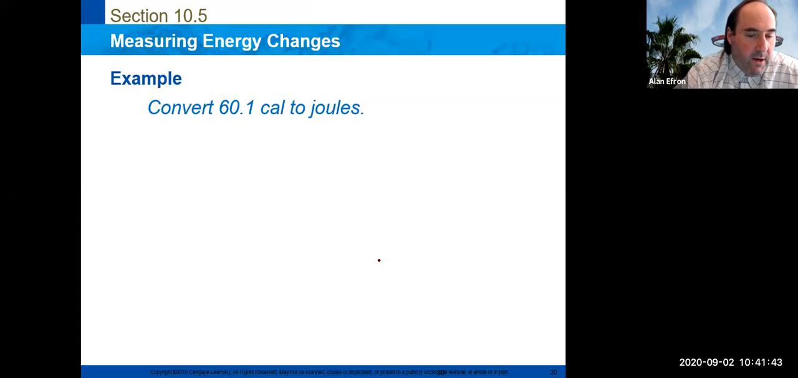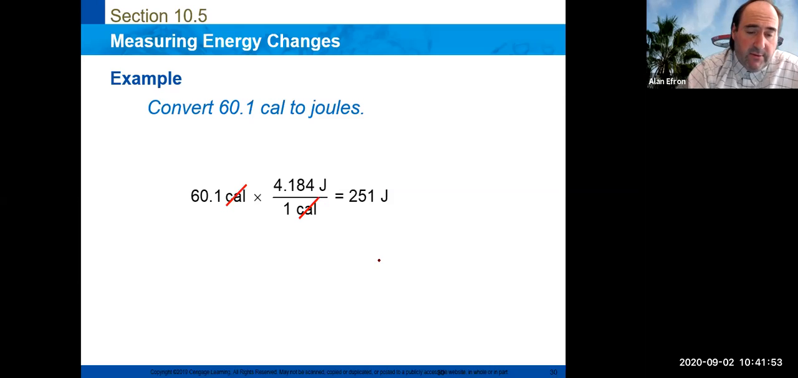So here, if we wanted to convert 60.1 calories into joules, we could use that conversion factor to do so. We could use dimensional analysis as well. So here we would start with our 60.1 calories. This is our conversion factor that we just had. Again, the calories are going to cancel each other out, going to leave us with joules, and we end up